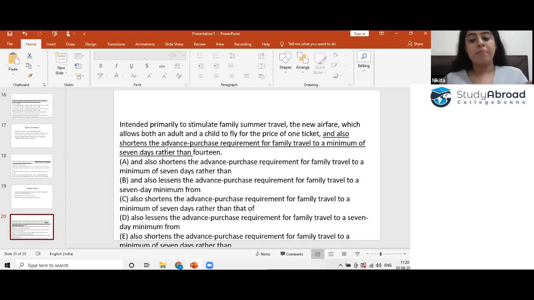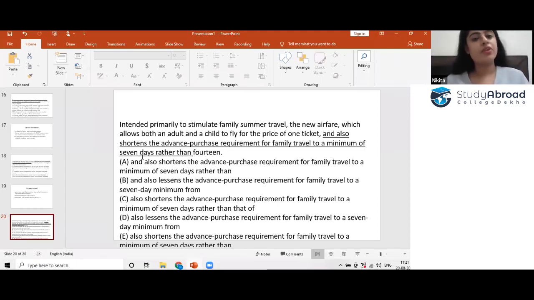Okay, so many students do not select A as the right option because the exercise is all about correcting the sentences, and they subconsciously feel that correction means the one that is given is incorrect and we have to choose from the rest of the options. So that's not the case.